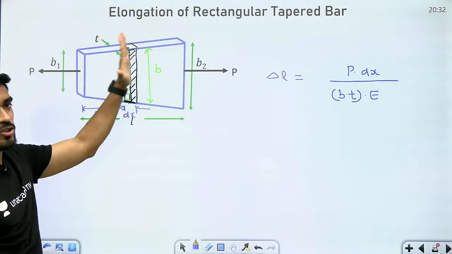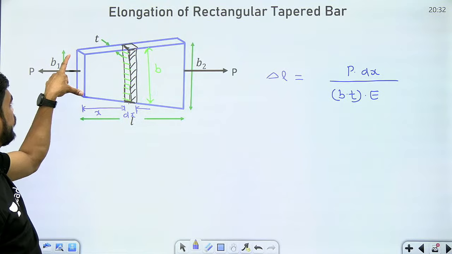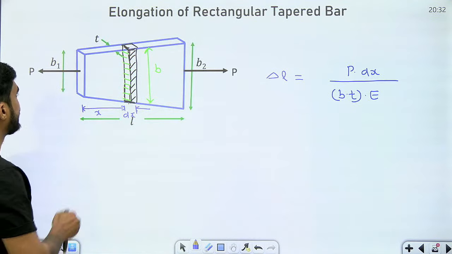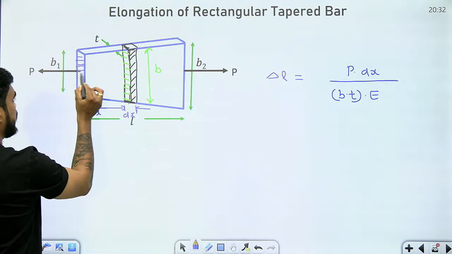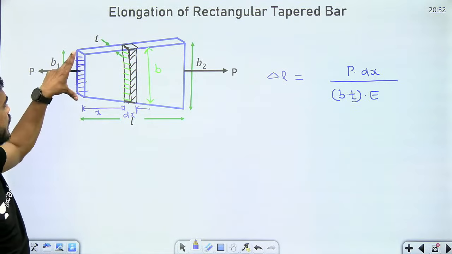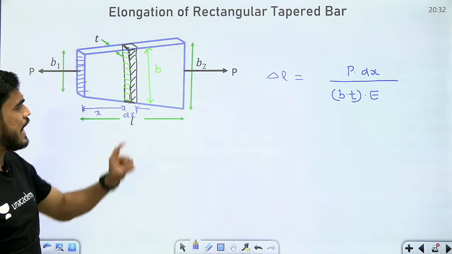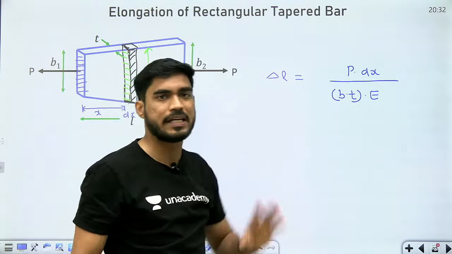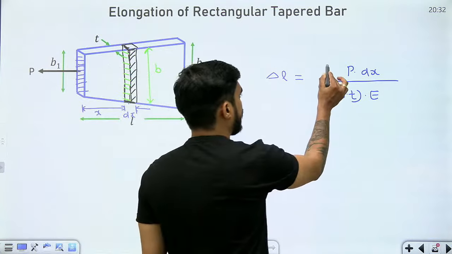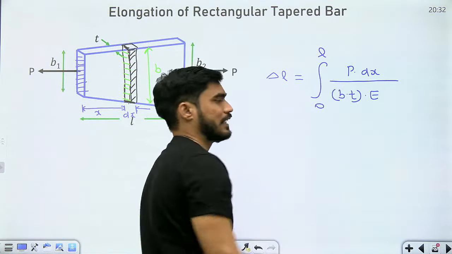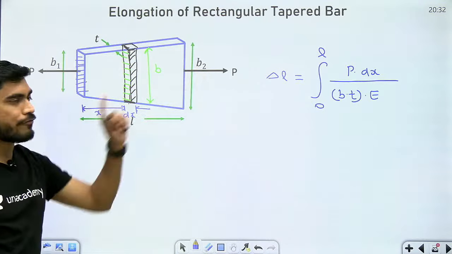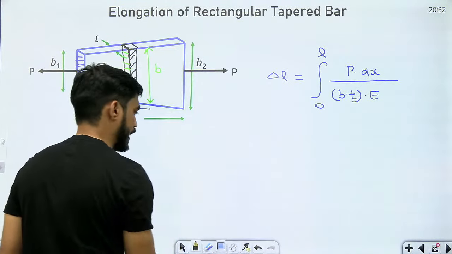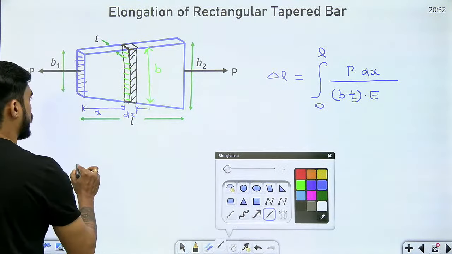तो यहां पे देखो एरिया जो है वो एक्चुअली कांस्टेंट नहीं है, b1 into t से b2 into t तक वैरी कर रहा है. This is the cross sectional area, b1 into t to b2 into t. But beta, if I assume a very small element, I can assume that area is almost constant, b into t. And if I integrate it from 0 to L, I will get delta L. Now how to find the value of b? So I will do the same thing as I did earlier. मैं वही चीज यहां पे भी रिपीट करूंगा.